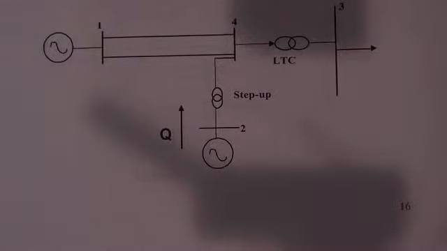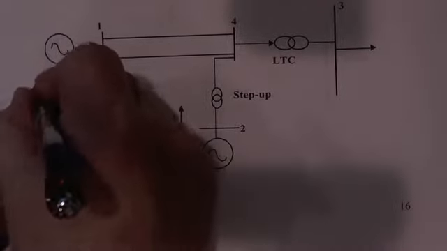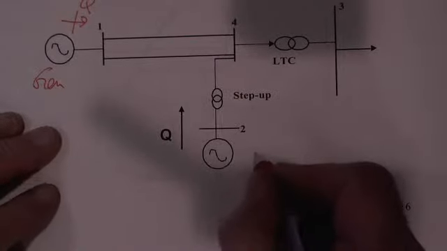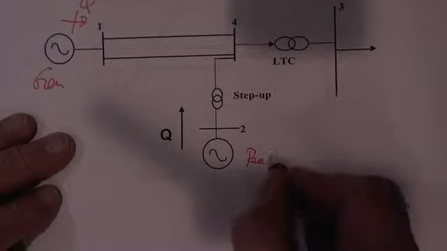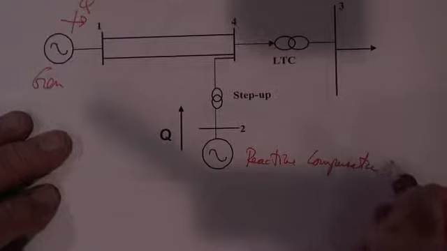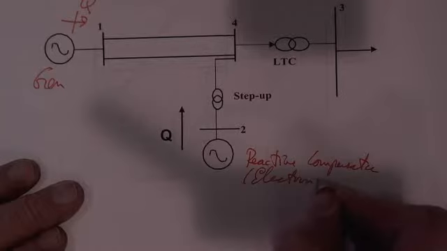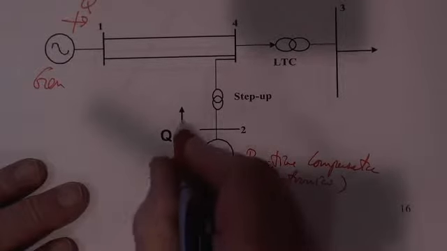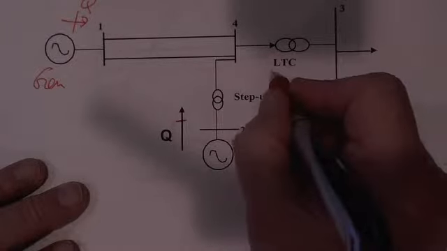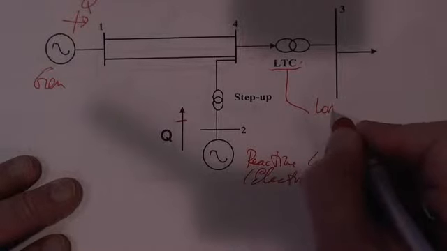We named a few here. We said here's a generator that can supply Q. Here's a reactive compensator, which is basically electronics, and it supplies Q. I'm going to put the crossover, and then we have the word LTC, which stands for load